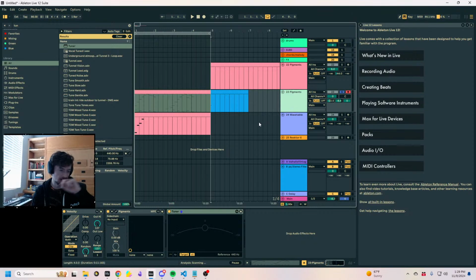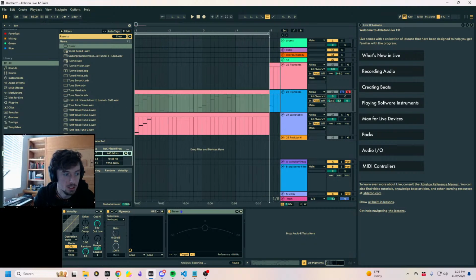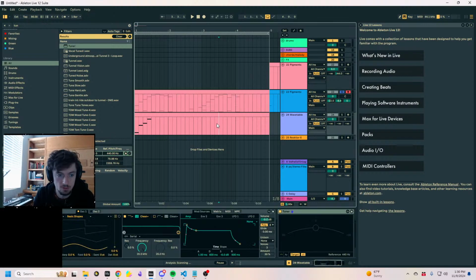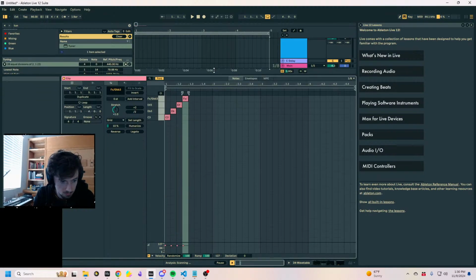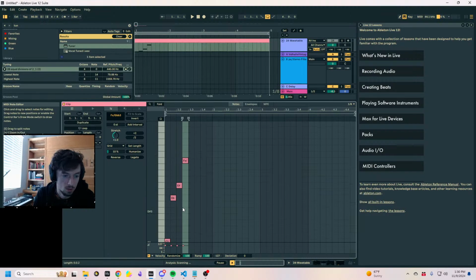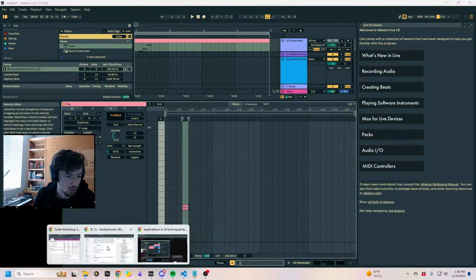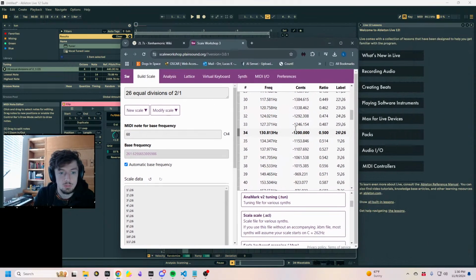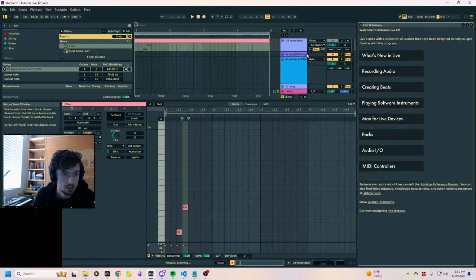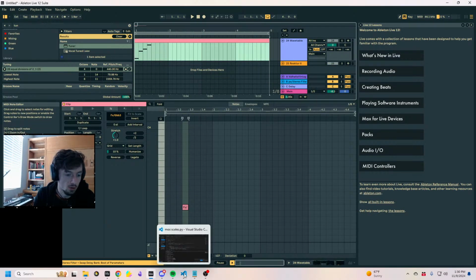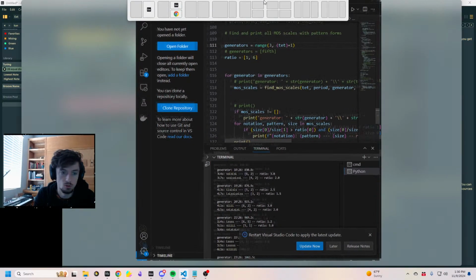I just spent the past 40 minutes trying to figure out how to get the right tuning files all in order, and I finally did so. So now we have 26 equal divisions of an octave, which isn't a standard tuning file that comes in with Ableton 12. But you can make it yourself using Scale Workshop, which I've pulled up over here. And I also wrote a Python script which will generate